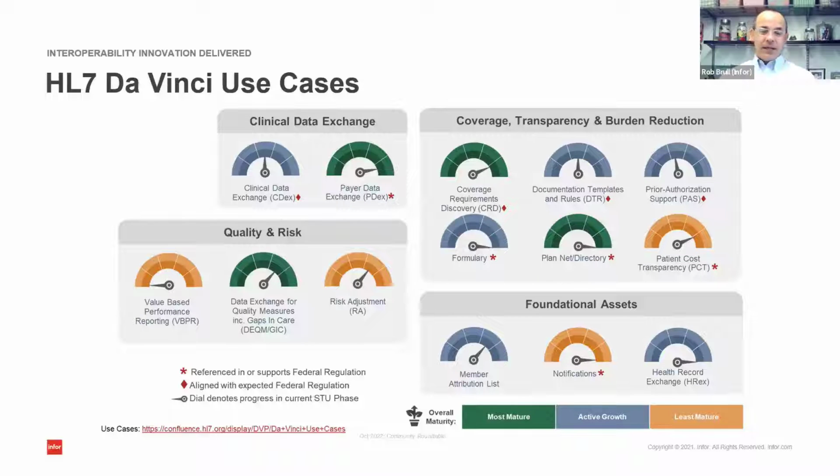Earlier this year, in the summer timeframe, we actually went to the CMS Connect-a-thon virtually and tested out these three workflows to make sure that we could achieve trading data with other vendors for these particular three workflows that we'll go through today. And then since then, there's been an HL7 Connect-a-thon where we also tested some of these workflows as well.